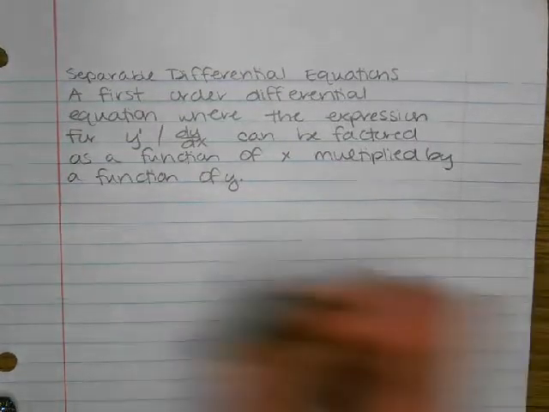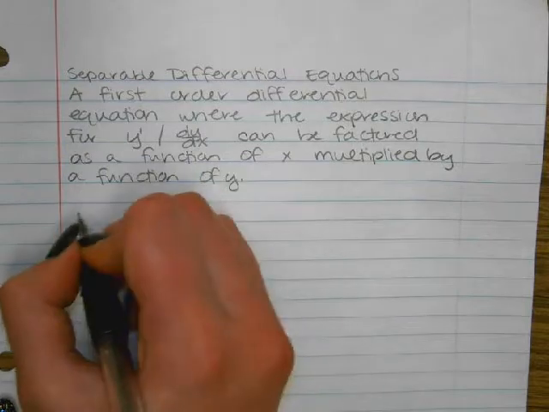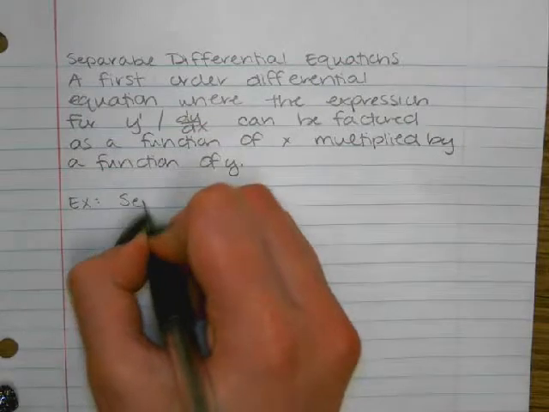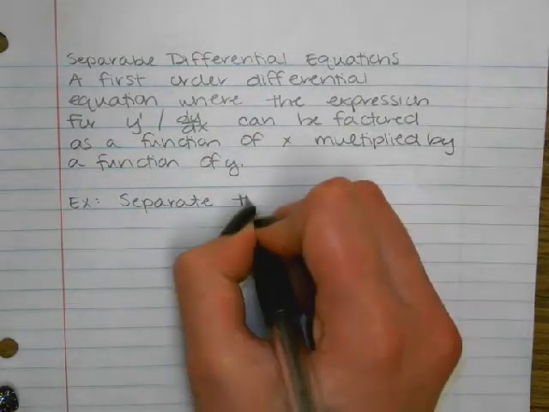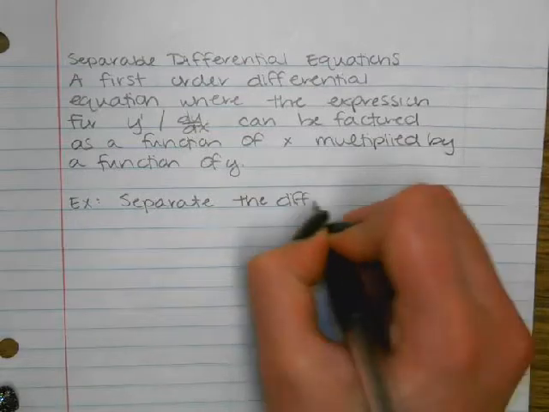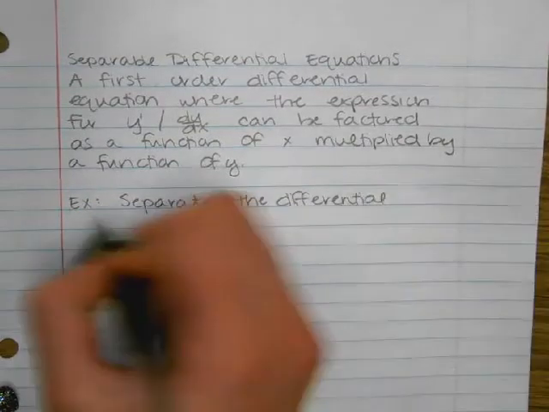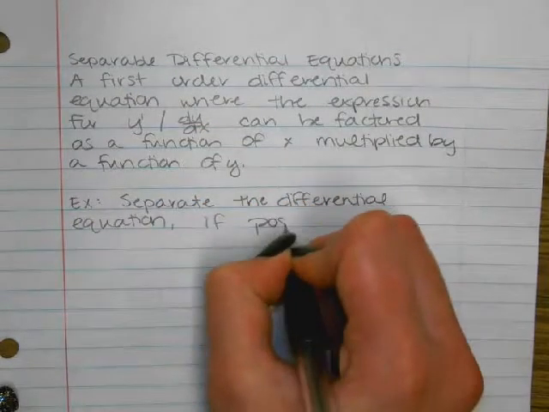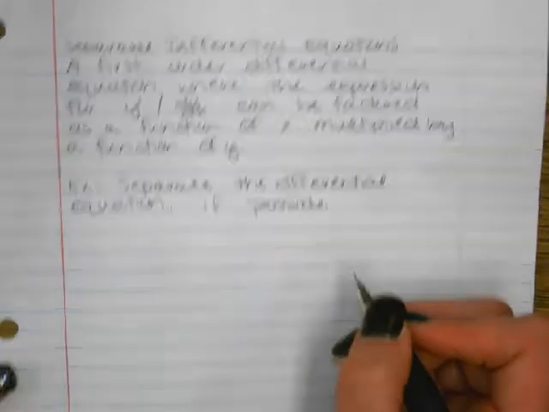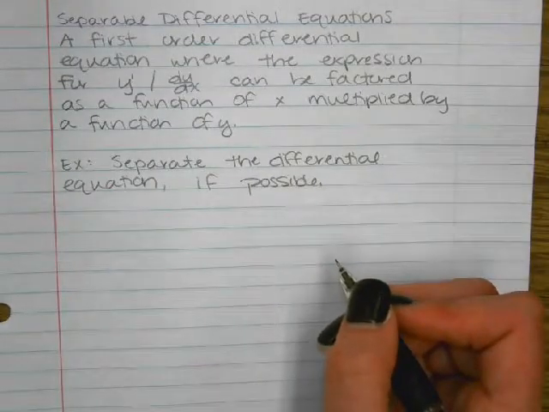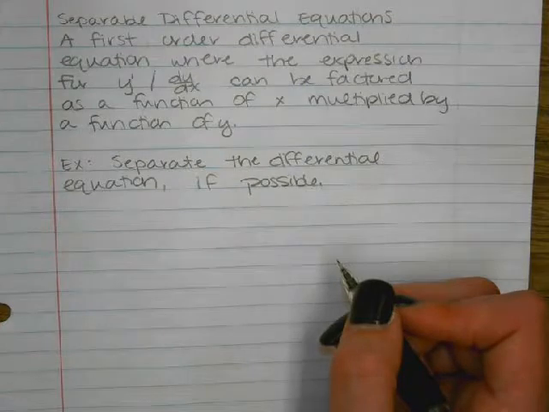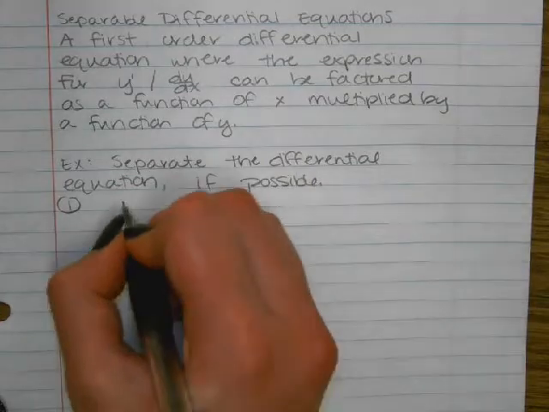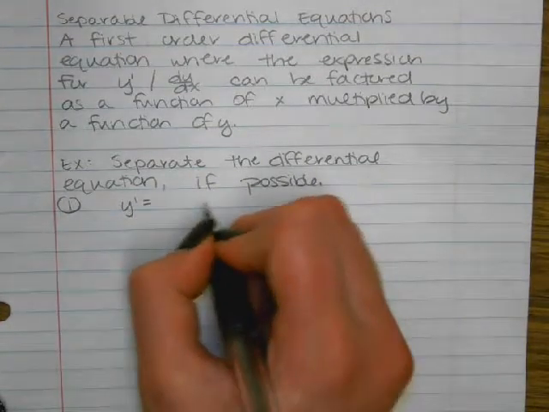So the instructions for these types of problems might say to separate the differential equation, and we're going to add "if possible" there, because if you can't separate the x's and the y's from each other, then you're not going to be able to do anything with it. So for this one, we're going to say our first problem is y prime equals xy